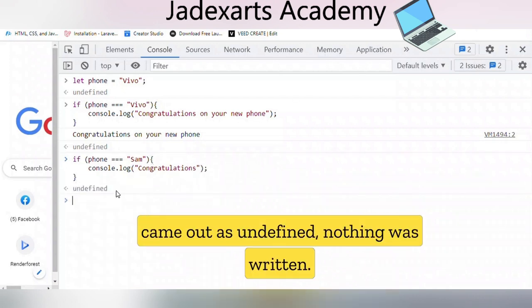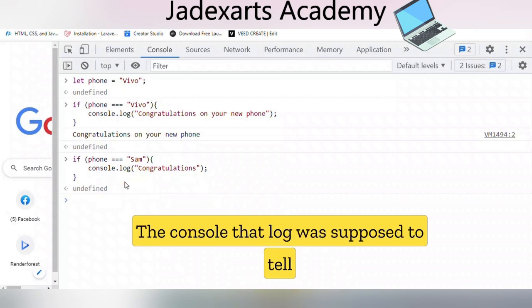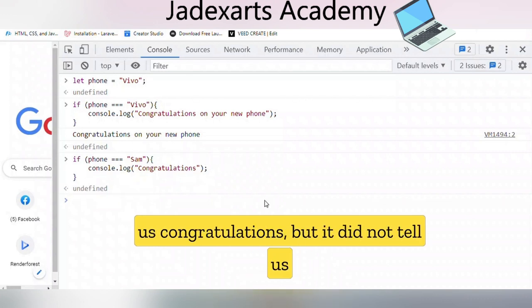You see it came out as undefined. Nothing was written. The console.log was supposed to tell us congratulations, but it did not tell us.